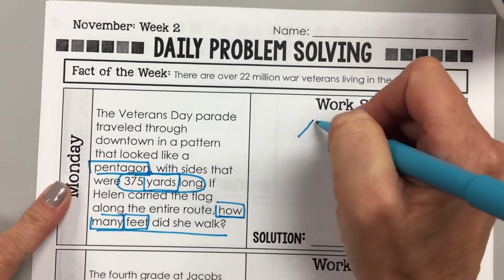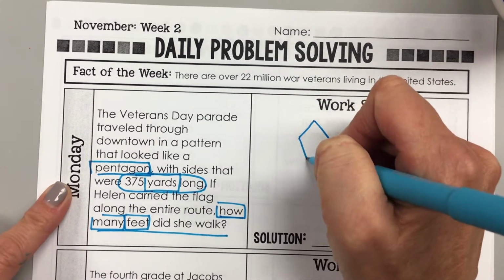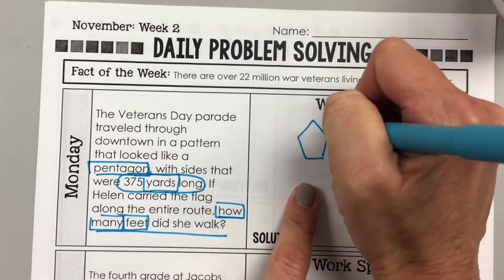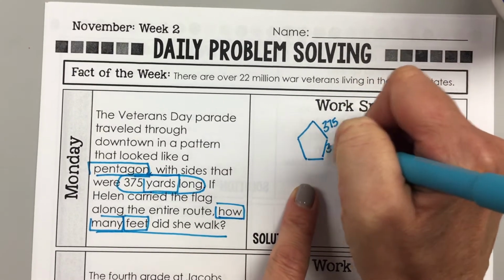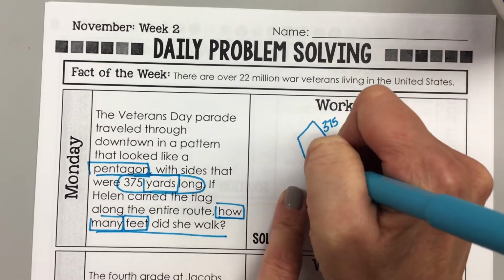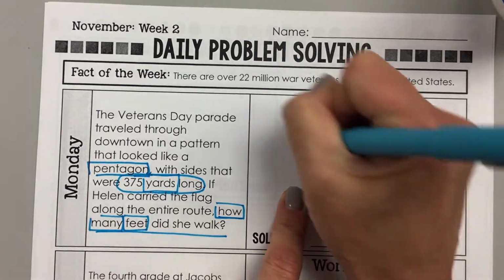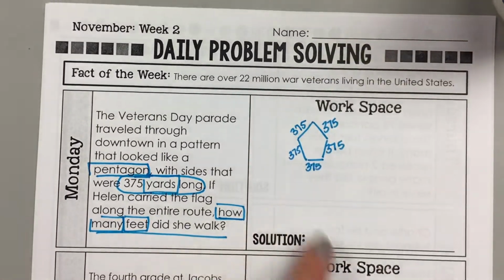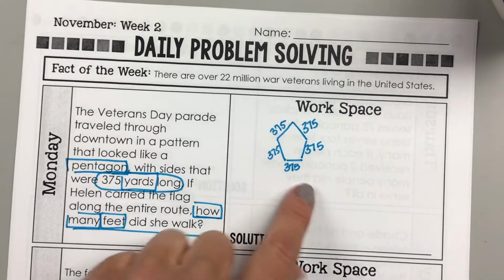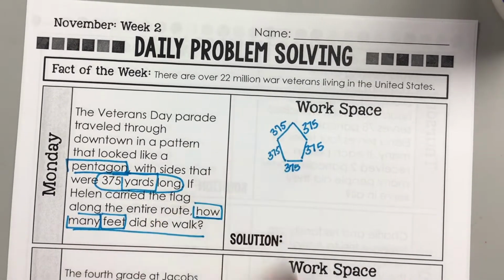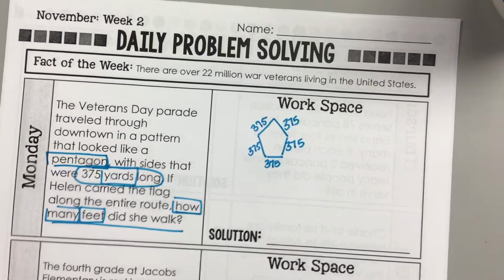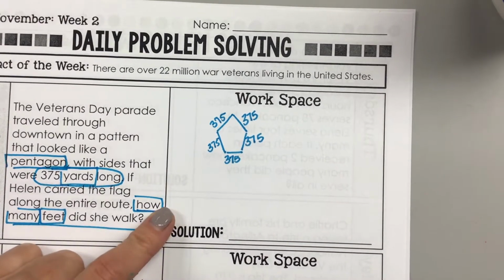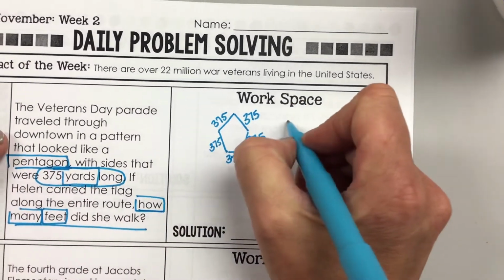So a pentagon, we call it a regular pentagon if all the sides are the same length, looks about like this, and each side is 375 yards. Okay? So we need to figure out how many yards she would walk if she walked the entire path of the pentagon. I'm going to take a second and review the distributive property of multiplication on this problem by doing